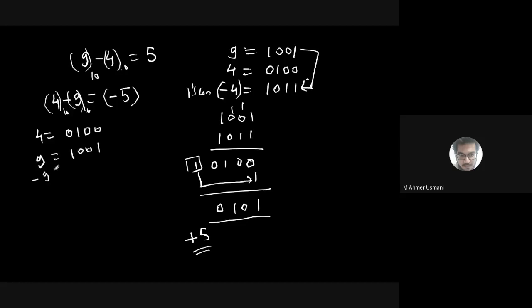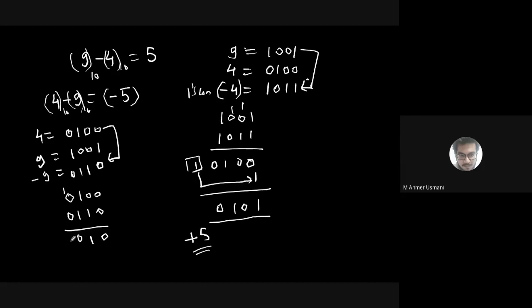What is -9? Just do the flipping. Just do the complement of it. Okay, so क्या हो जाएगा? This will become 0 1 1 0. Now try to add these two numbers. So what will we get? 0 1 0 0 plus 0 1 1 0. Add it. We'll get 0. We'll get 1. We'll get 0.